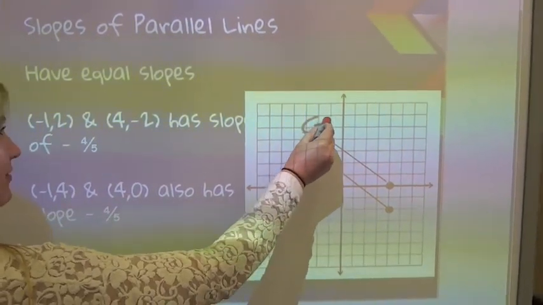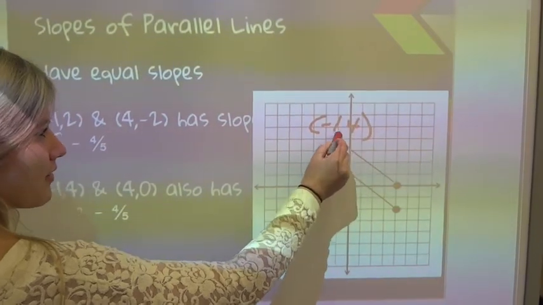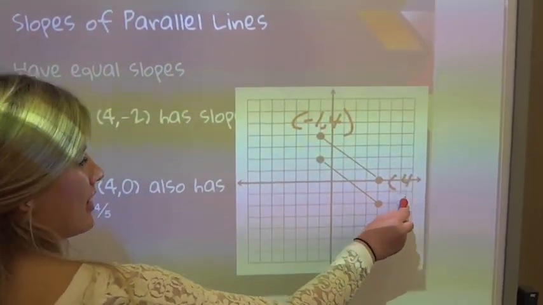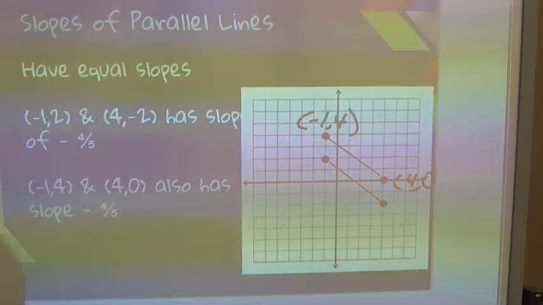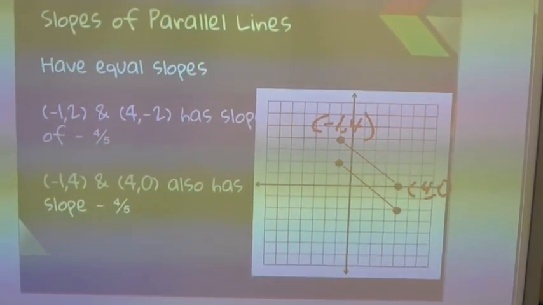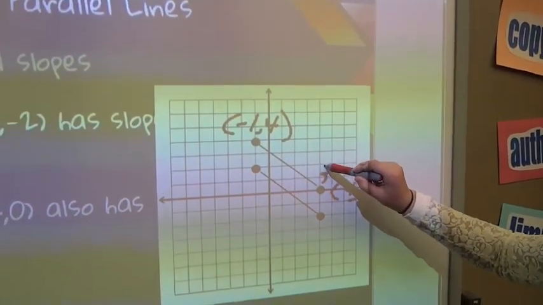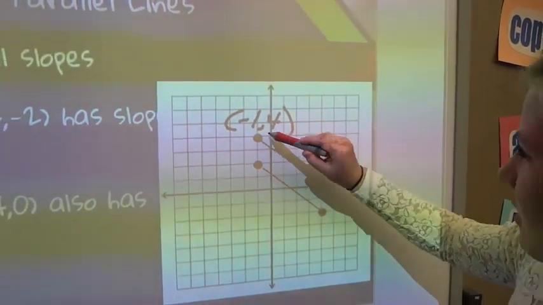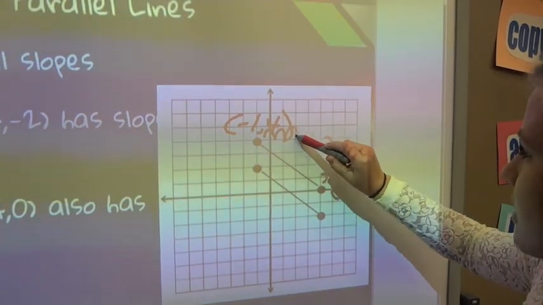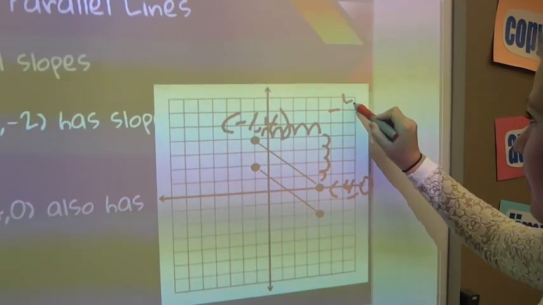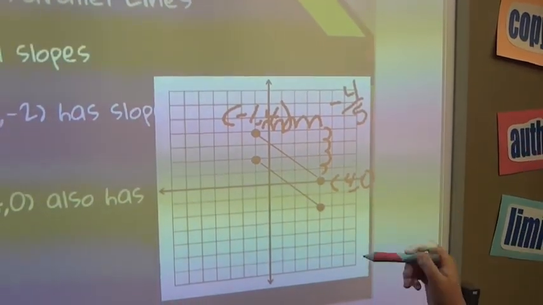This point is negative 1, 4, and this point is 4, 0. We can use the simple method of rise over run, which is 1, 2, 3, 4, and 1, 2, 3, 4, 5. So we know that this is negative 4/5 as well,